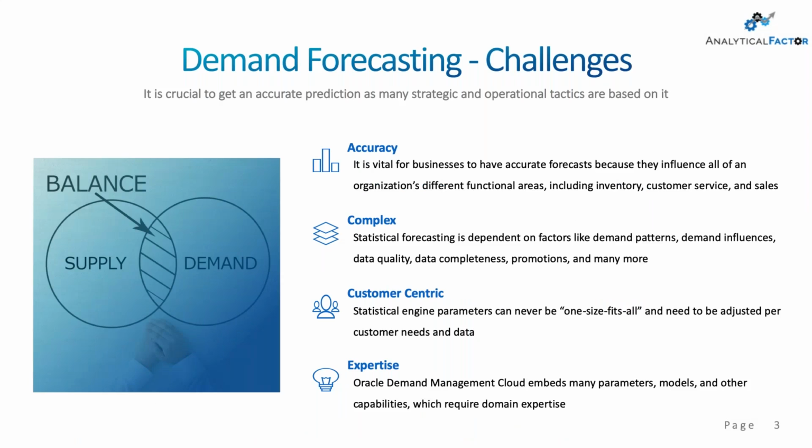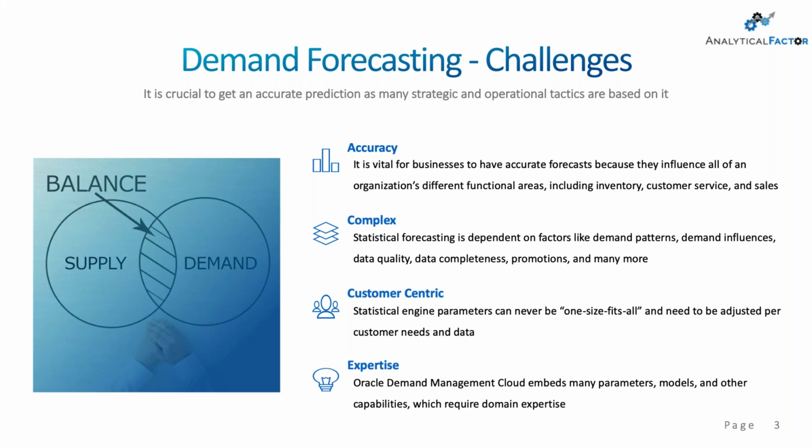Okay, let's start to talk about the different things that Autonomous Forecast comes to mitigate and resolve. The first thing I want to start with is demand forecasting, which is a subset within demand planning and your monthly S&OP process. So why is demand forecasting important, and what are the challenges in that process?